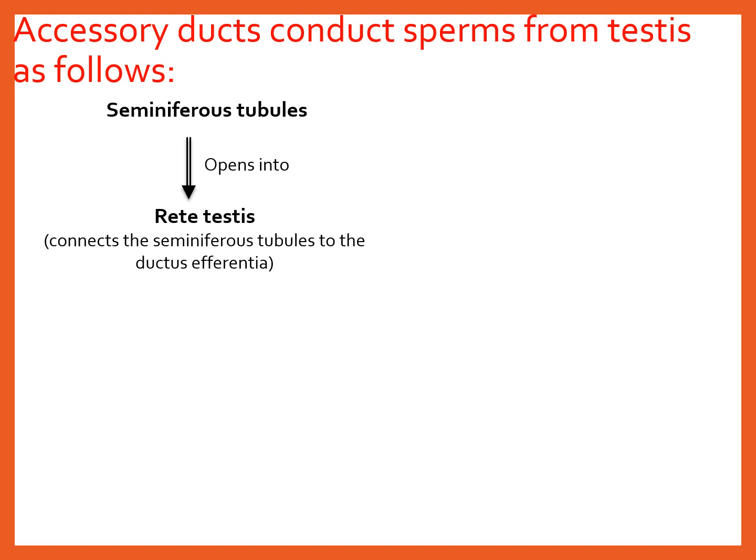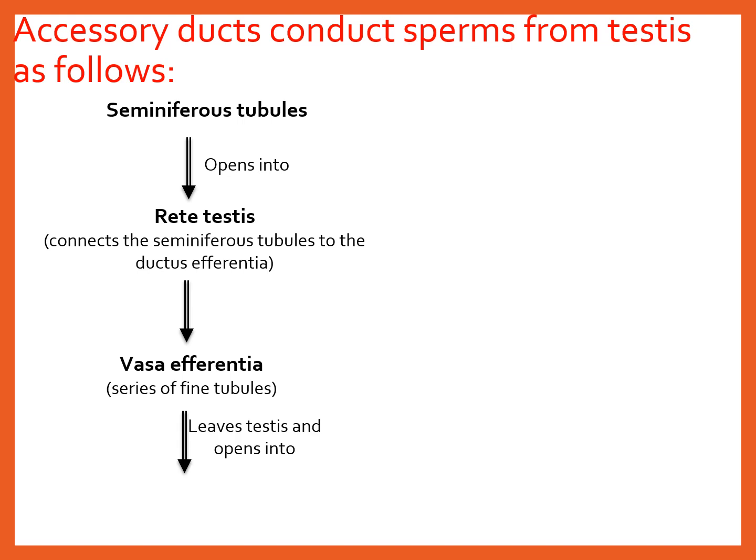The rete testis connects the seminiferous tubules to the efferent ducts, also called ductus efferentia. These ductus efferentia, or vasa efferentia, or efferent tubules, open up into the epididymis,